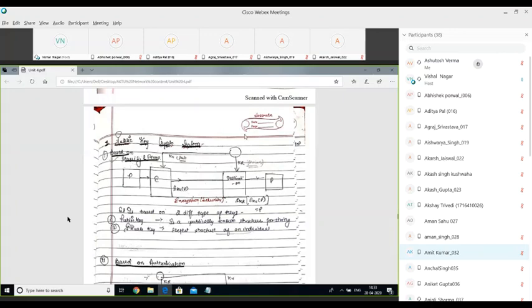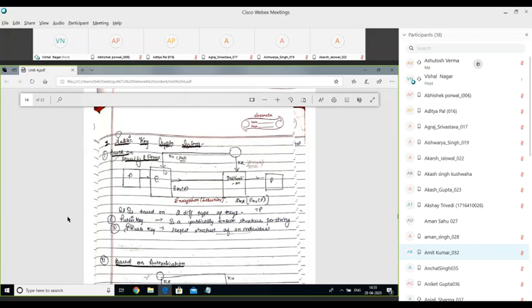In that case, we are using the key pair of the receiving end. We are sharing the receiver's public key with the sender, and the sender is using KU, the receiver's public key, for encryption. The plain text P passes through this encryption algorithm, and we get EKU of P, which is the ciphertext. Now this ciphertext is moving from source to destination.